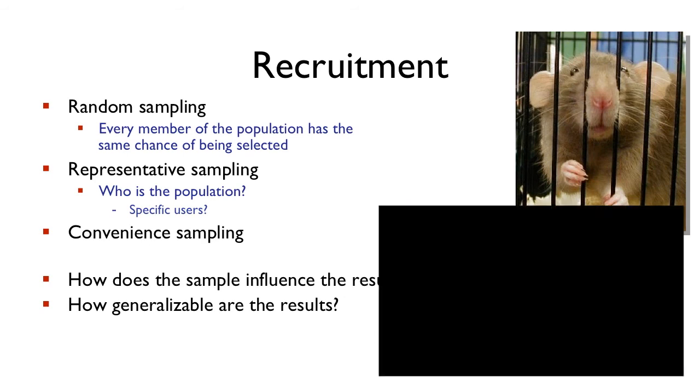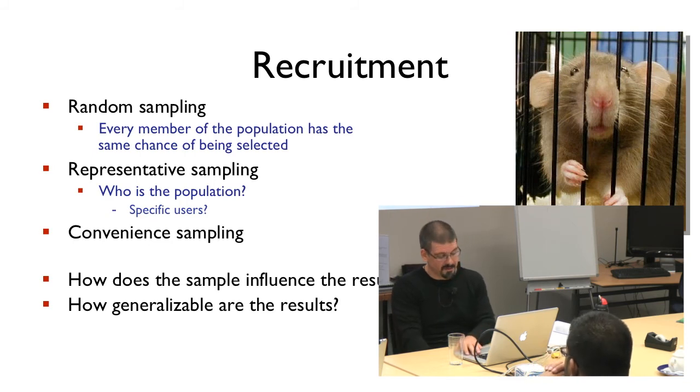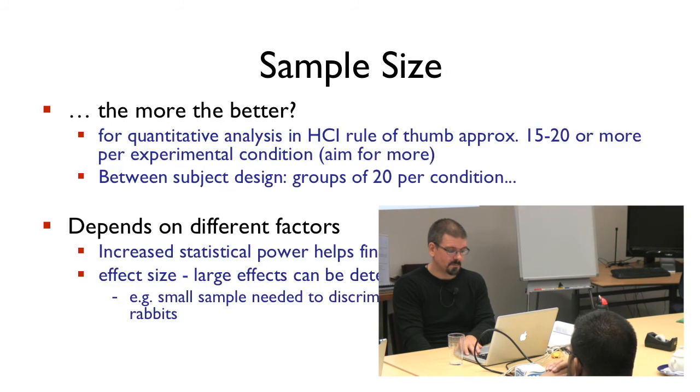The other way is what's called convenient sampling, that's what happens most of the time, and that was what I was talking about. If you yell down the hallway and say, who wants to participate in my study, and wait for your colleagues to trot in, that's convenient sampling. Or even if you send out an email here in the lab, I have to run this study, who is willing to participate? That's in the end convenient sampling as well. It's the most convenient way, but just be aware of how the sample and your recruitment strategy influences, or could have a potential influence on, your results and especially on the generalizability.